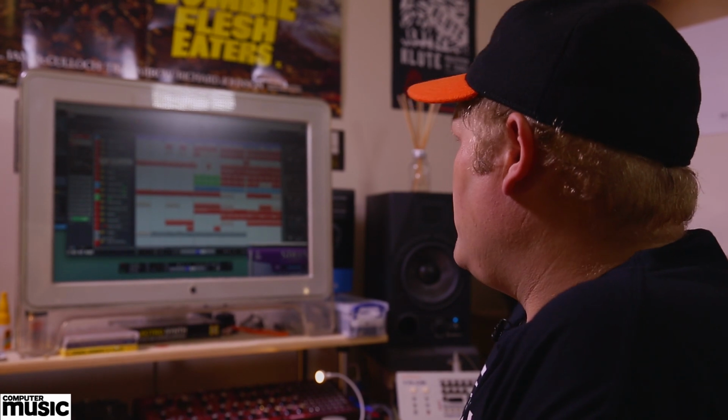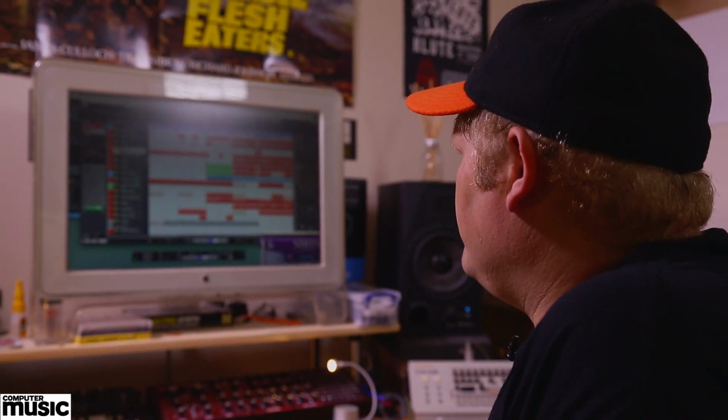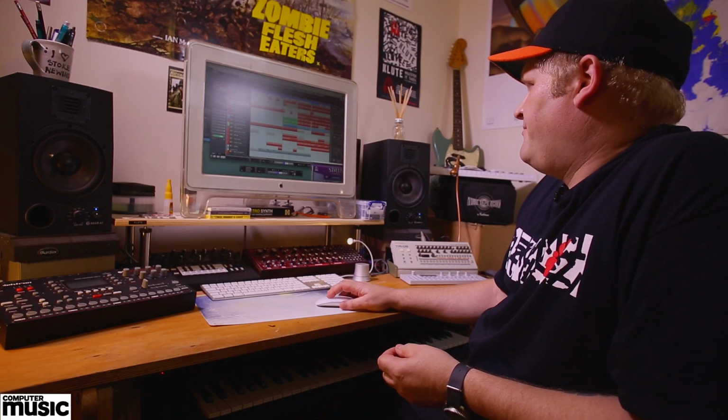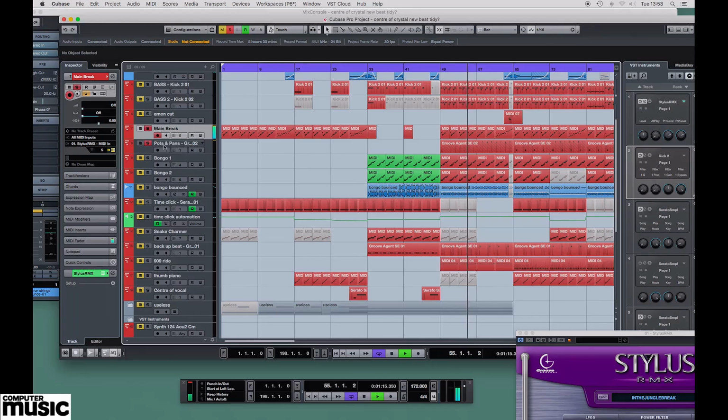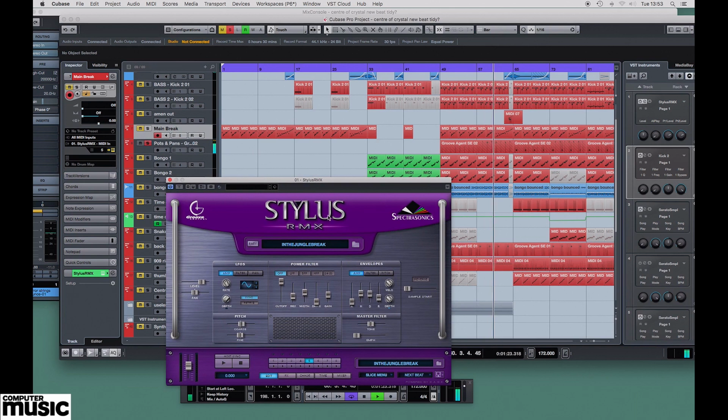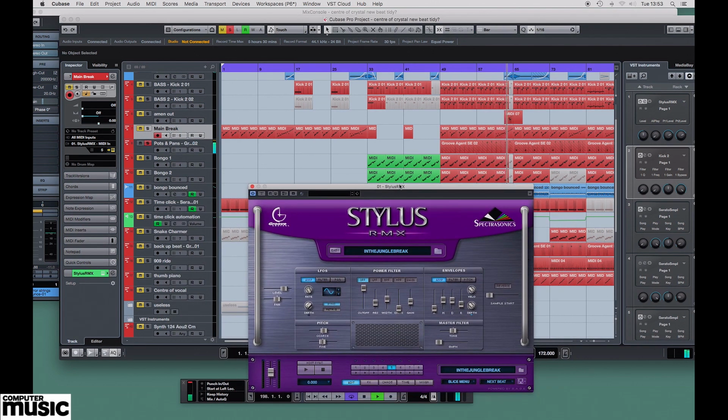So with me, a lot of the work that I do with all the dance music is I like to mess around with layering beats, polyrhythms, and just things that come out, and then start mushing things together and pulling beats out, combining things. I'm trying to find where this would have been the second rhythm that I added, which would have been a full beat in Stylus. Actually, no, it wasn't Stylus. I think I just pulled up Groove Agent in Cubase and started messing around,